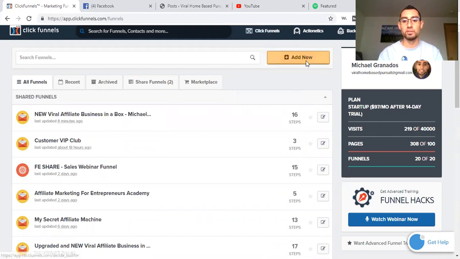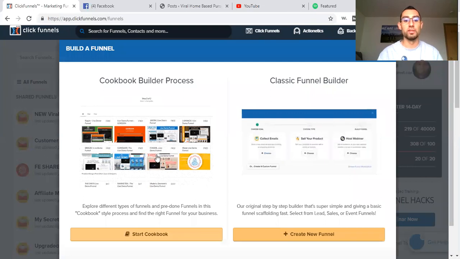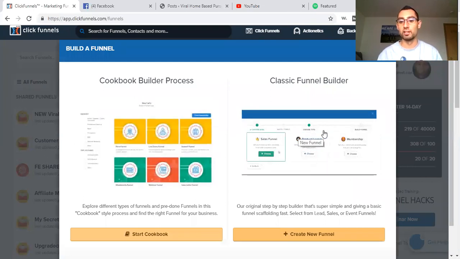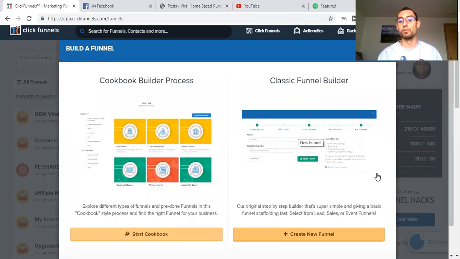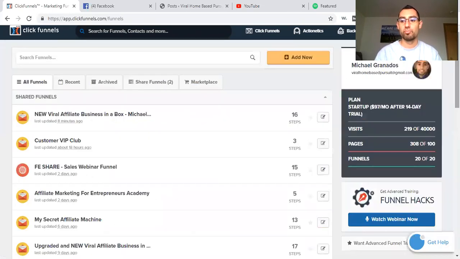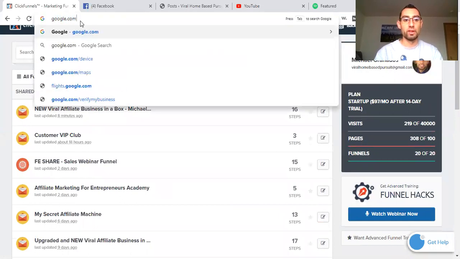Let's go to add new here instead. If I go here, I can go through the cookbook builder process, or I can create a classic funnel, right? And it just gives me the option to select what I want my funnel to look like, or on here I can select which one I'm using it for, to collect leads, sell your product, or host a webinar, stuff like that, which is pretty amazing. And then I'm going to go over here to the whiteboard. Now that I've shown you that,